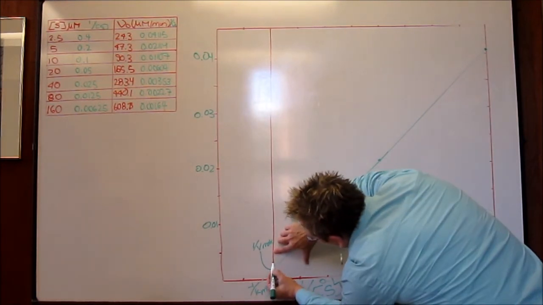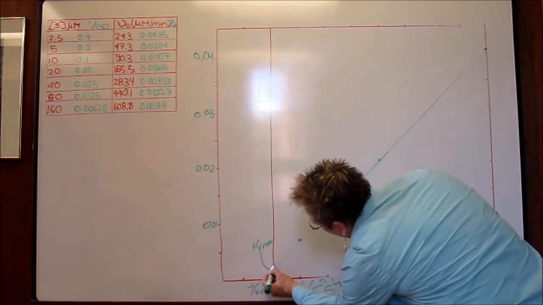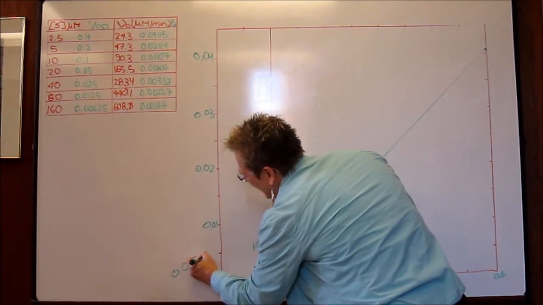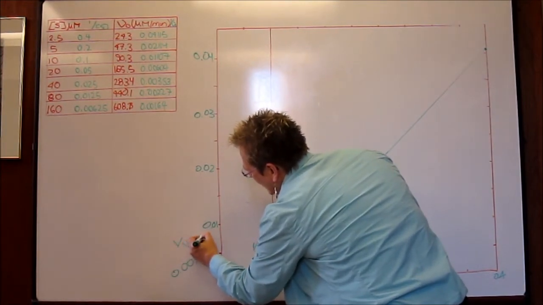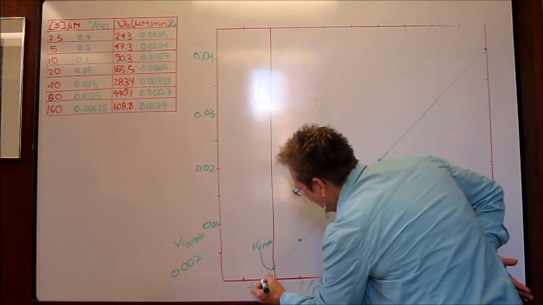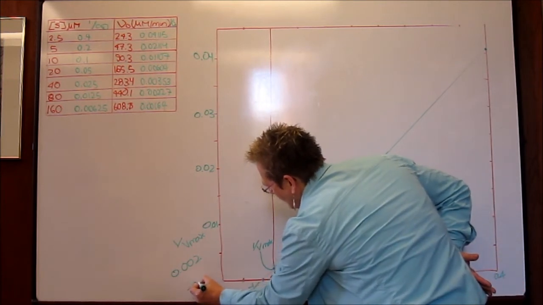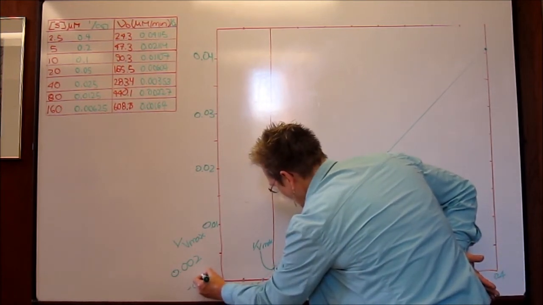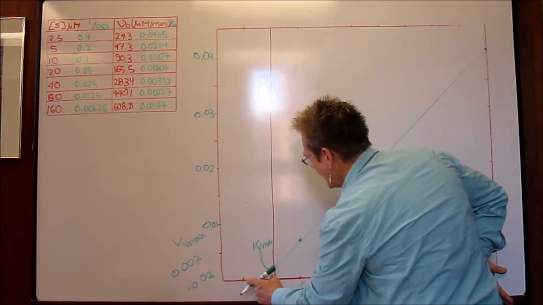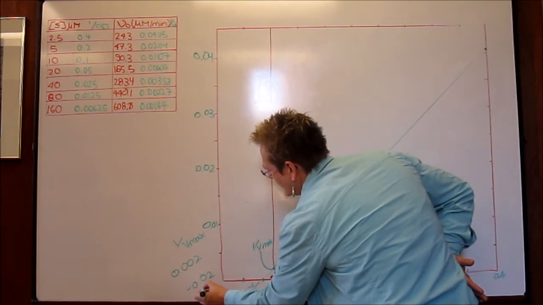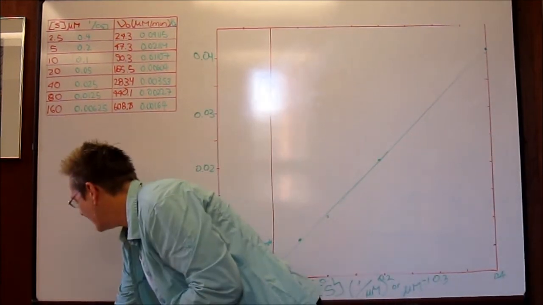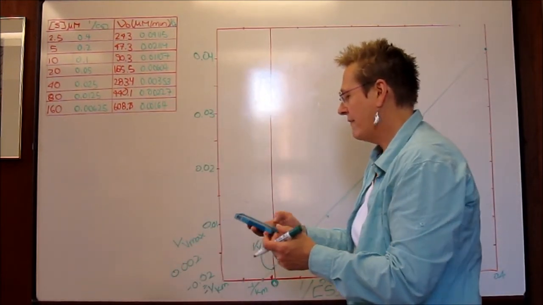0.005 is here, so 0.0025 would be there. This looks to be about 0.002 as 1 over Vmax. And it looks like this is 0.05, and that's -0.05. This looks like about -0.0, that's 0.1, so that's 0.05, so that's 0.02 is equal to -1 over Km. So if I figure out the reciprocals there for this badly plotted version,